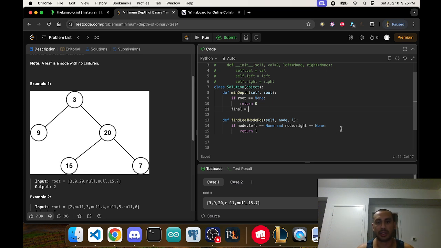So we want to take our returned answer, bring it back. So we gotta go self dot find. We're gonna link this function back to the original function. So find leaf node pause. So now I'm gonna add in. So self is already a thing. So I'm gonna add the node root. I'm gonna add length equals